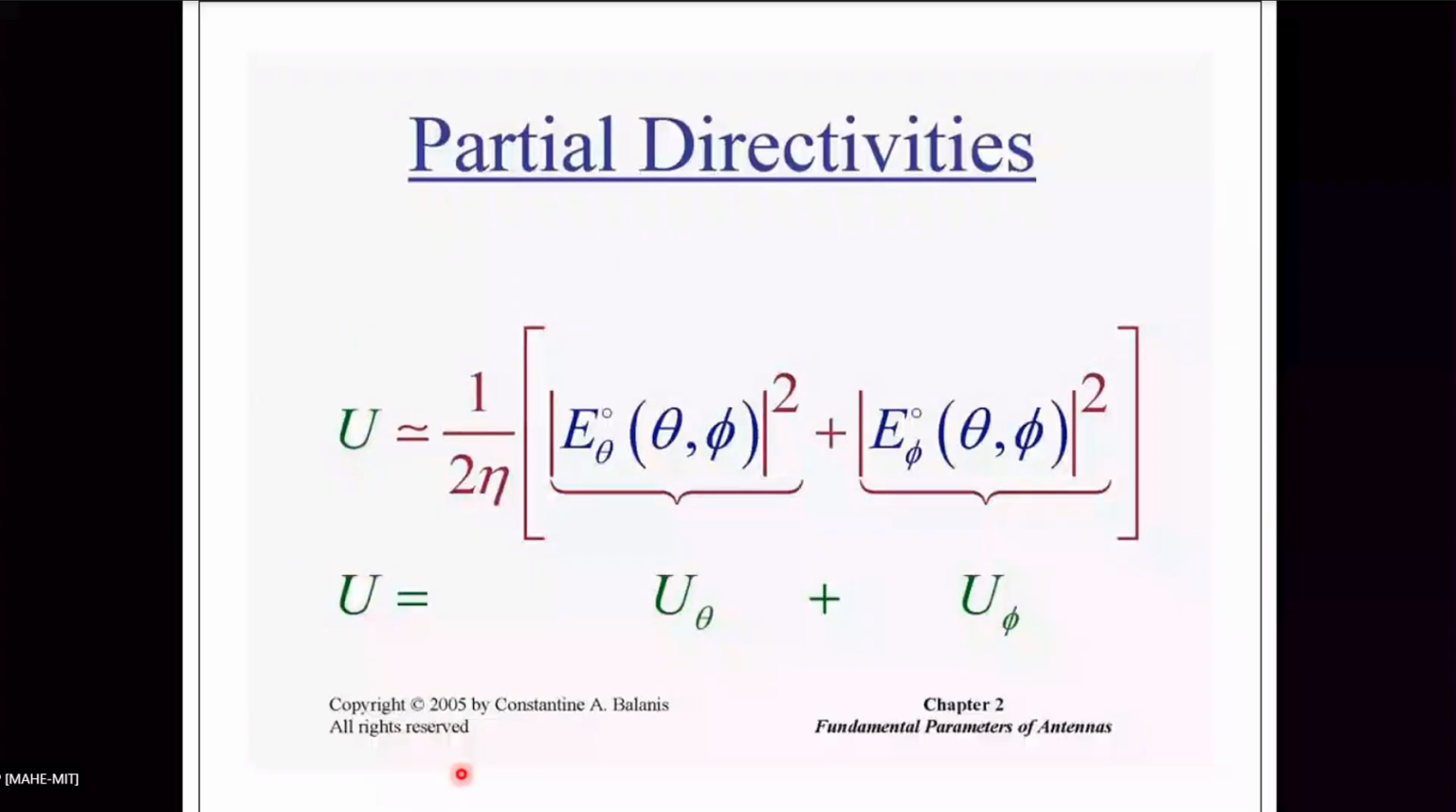I told you the electric field can have E R, E theta and E phi components. But in the far field, the E R component will be negligible, that means close to zero. So the electric field is